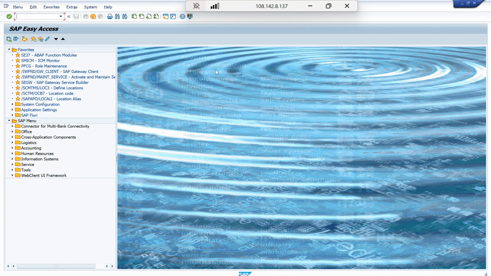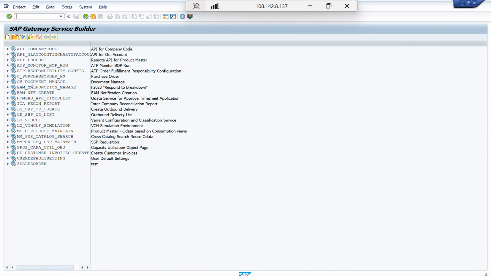First thing we have to do is, let us go into the T code SEGW, which is the SAP Gateway Service Builder. In my SAP GUI here, I do have this SEGW as a favorite. So I'm double clicking here and go into it. Now here, it shows all the different services available here